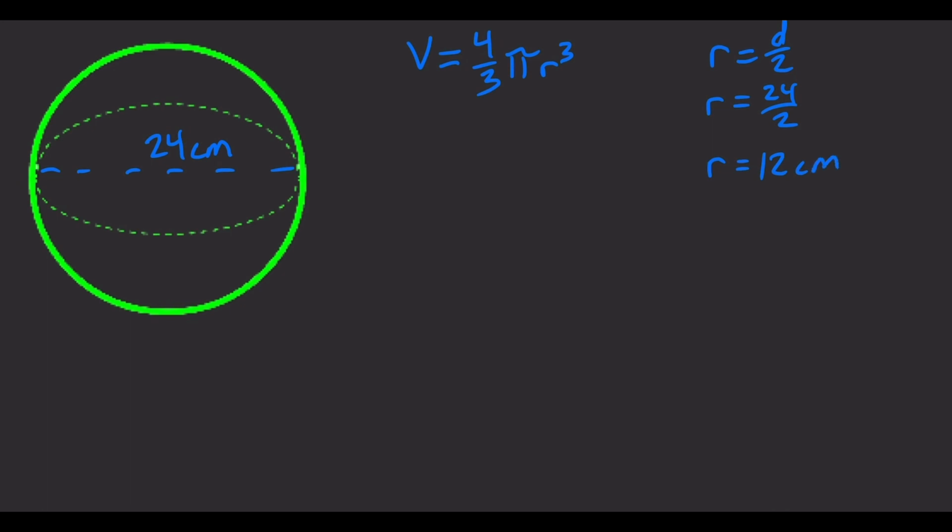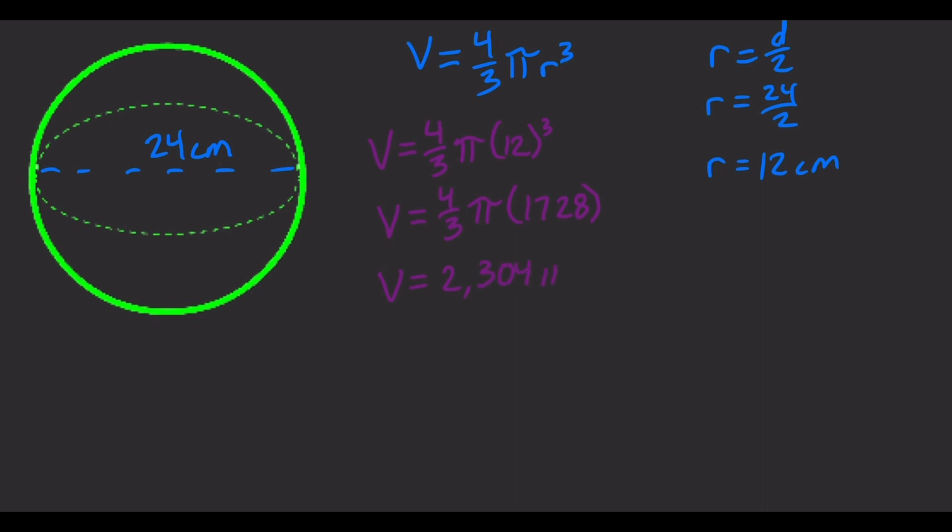Let's go ahead and plug it into our formula here. I'm going to use a different color for this part. So volume equals 4/3 pi times 12 cubed. 12 cubed is going to give us 1728, so then it comes down to 4/3 pi times 1728. Let's do 4/3 times 1728, and that's going to give us